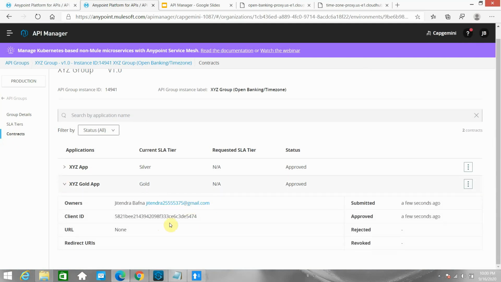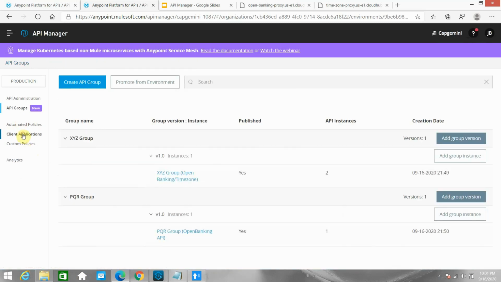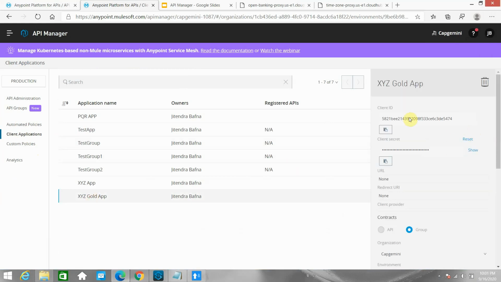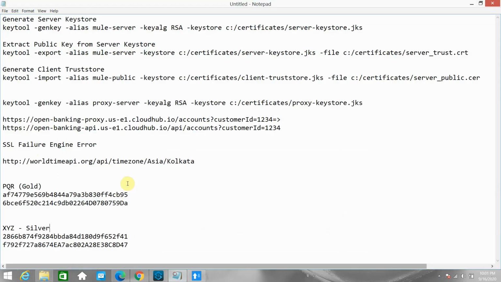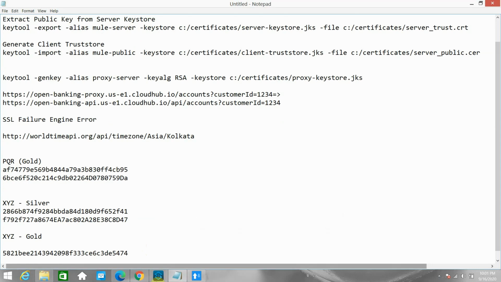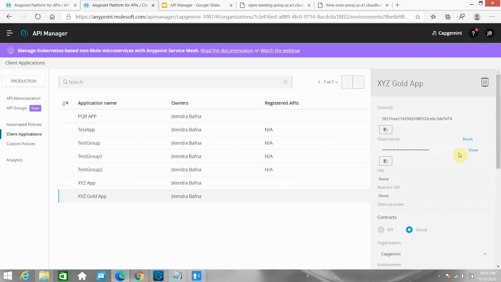Once you approve it, you can go to the client application. You will get the email also with the client ID and client secret. So here is my client ID and client secret for XYZ gold.